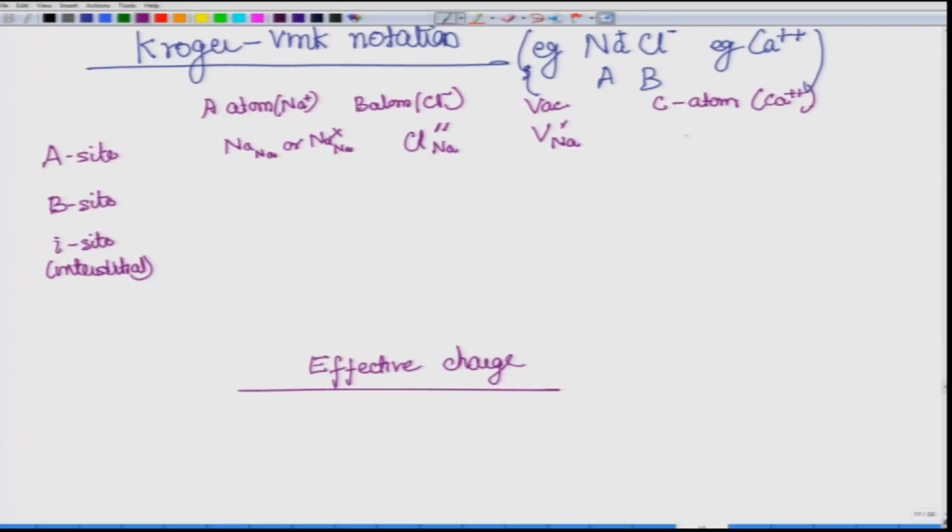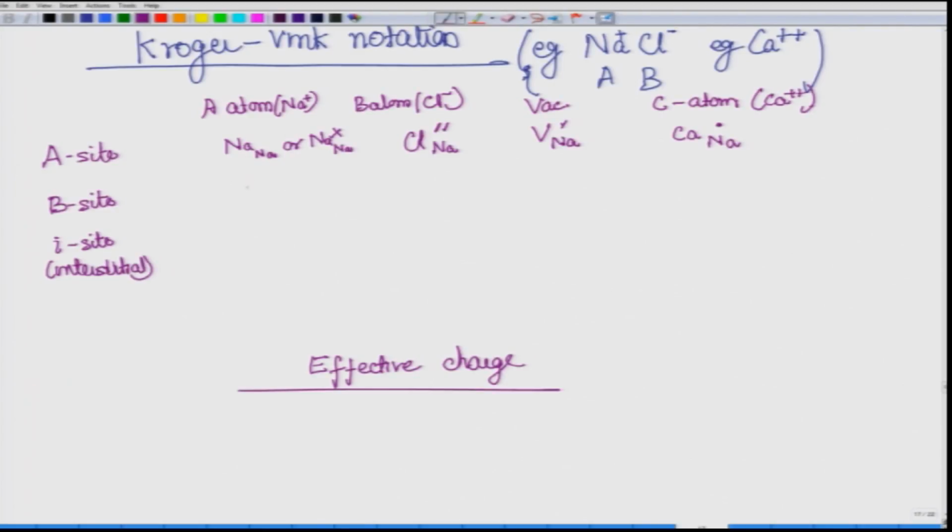Now, let us say that a calcium atom is sitting at the sodium site. Calcium, like I said, has 2 plus charges. So it is 1 more plus than what that particular site is supposed to have, and therefore it will be represented as 1 plus, and the 1 plus is given by a dot. So this dot means plus, dash means minus. This is how the different atoms sitting at the Na site would have effective charge. Remember again, these are the effective charges.